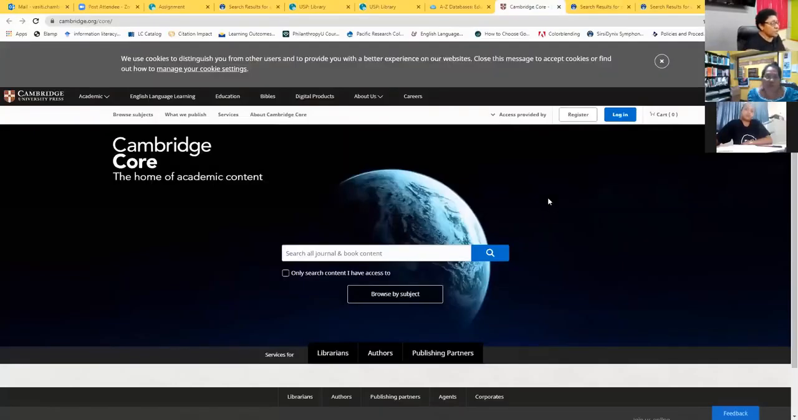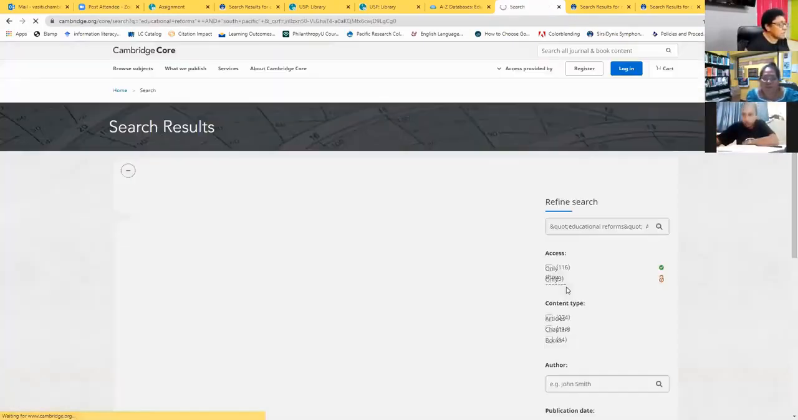So if you click on Cambridge Core, this is the interface for Cambridge Core. Okay, so I'll type educational reform, my spelling, and South Pacific. Okay, so if you've been reading your notes in Module 2, some of the search tips, when you use common terms, you can use the double quotation marks for phrases. Okay, click the search button,